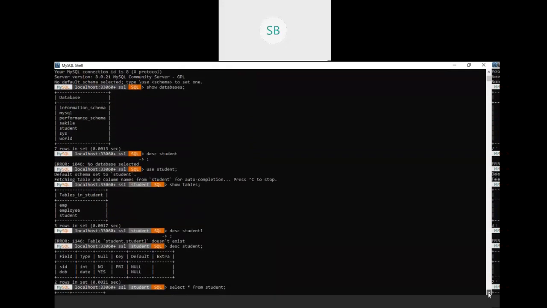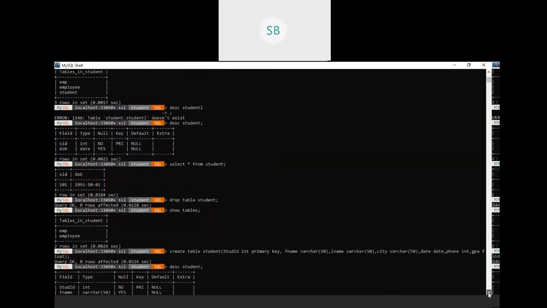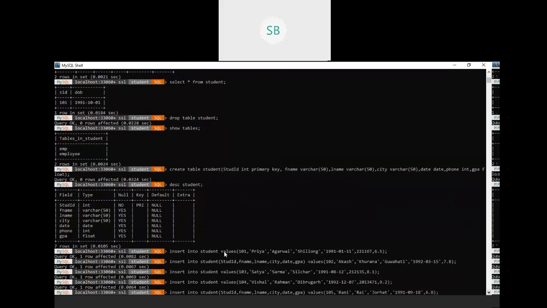First, there was a question about creating the table. Let me show you. I have created the table. So this is the command. I know many of you have submitted. Still, for the others who are not clear and have not shown me the assignment, it will be beneficial. I have done the assignment myself, so you can just check it.